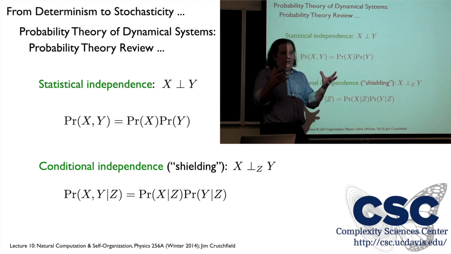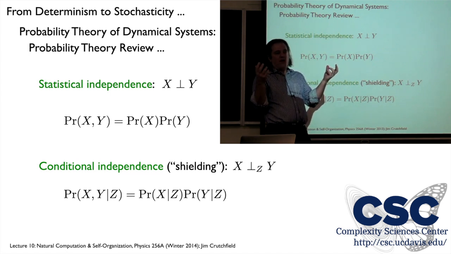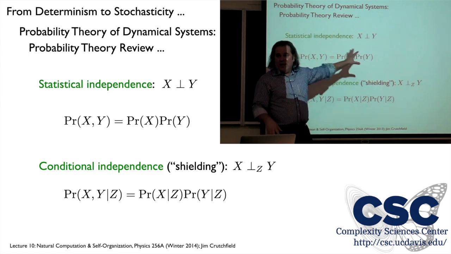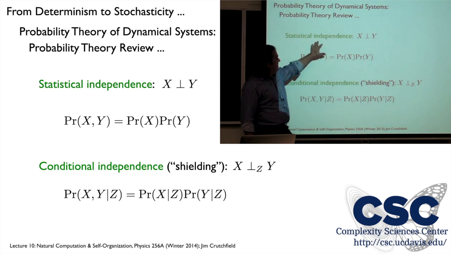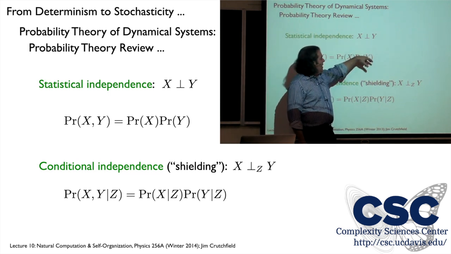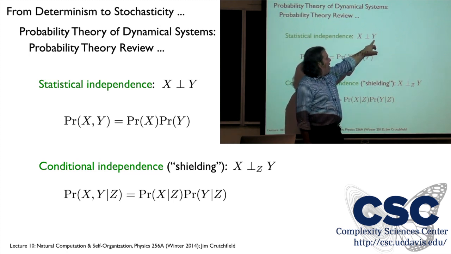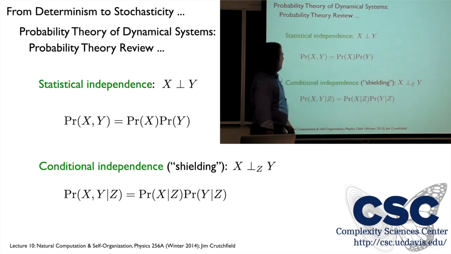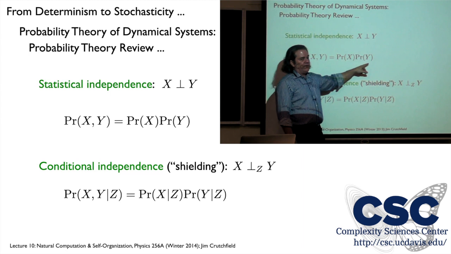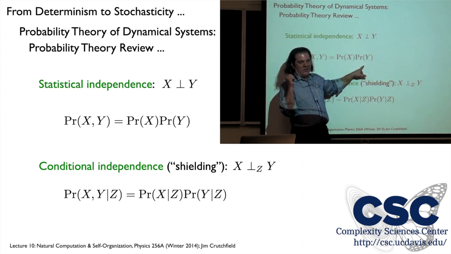A very common question, if I have two variables x and y, is how are they related? And I would say almost all of the information theory we're going to develop is to help us be more explicit and quantitative about how variables relate to one another. In the context of probability theory, we have this notion of statistical independence. So we say that x is independent of y, with this upside down t here. And what that means is that this joint factoring is simply the product of the marginals. Right? So think back to the previous definition of conditional distribution. Our uncertainty in x and our uncertainty in y aren't conditional at all.